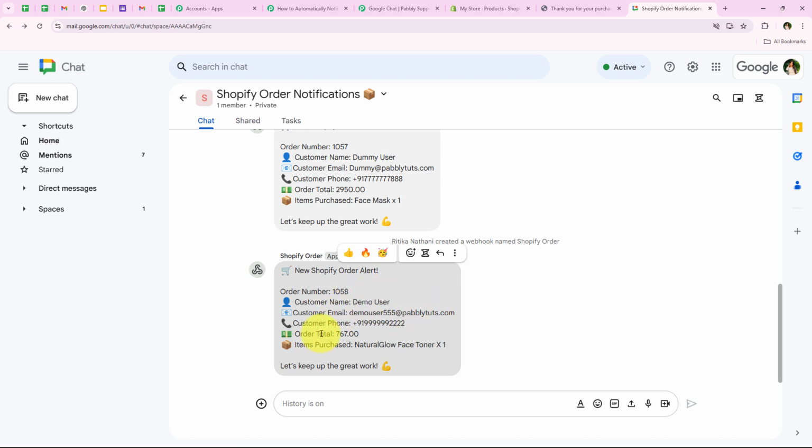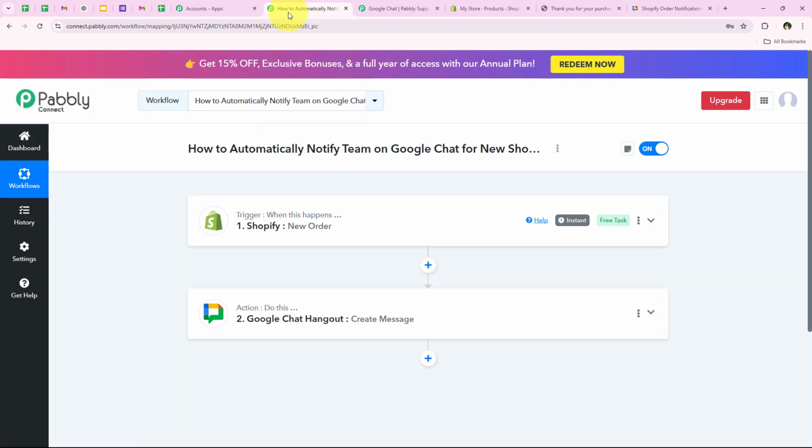Over here you can see the customer email, customer phone. Over here you can see the item total, and it is saying item purchased: Natural Glow Face Toner x 1. So yes, this is the quantity. You can see that we have successfully sent a notification to our Google Chat space. So yes, with this we have successfully completed our workflow, and I'll just test this workflow once, and this time